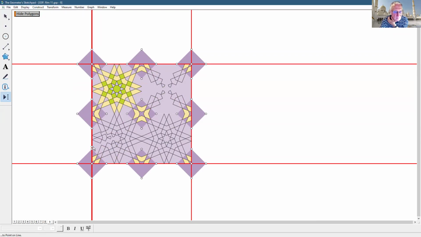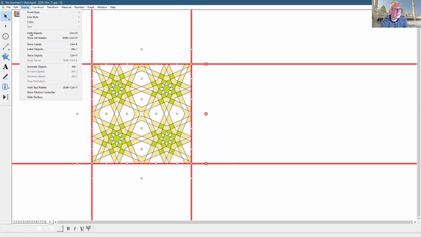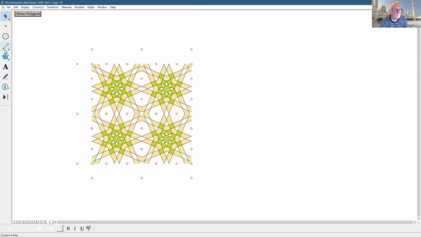Okay, that's the one. And now this one here, this one here, and this one here. Okay, and what you can do, you can just say hide polygons. Okay, you see what you got? We got our pattern. Yes, and we can select all these lines, hide these objects, okay? And now I need just segments like this one,